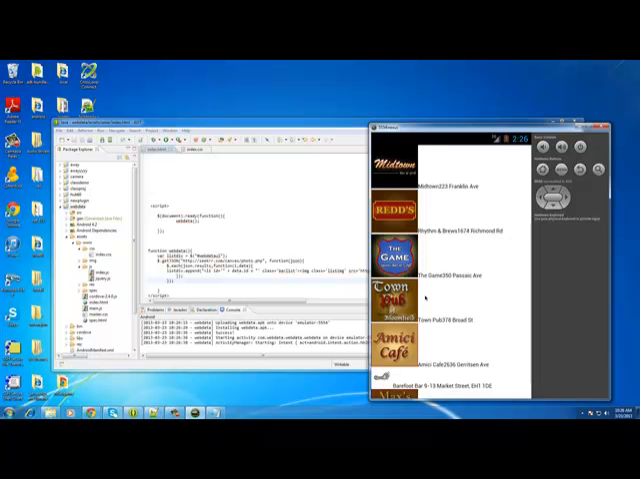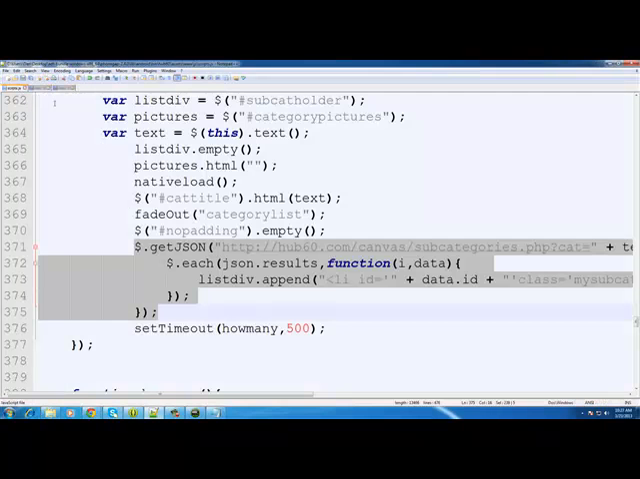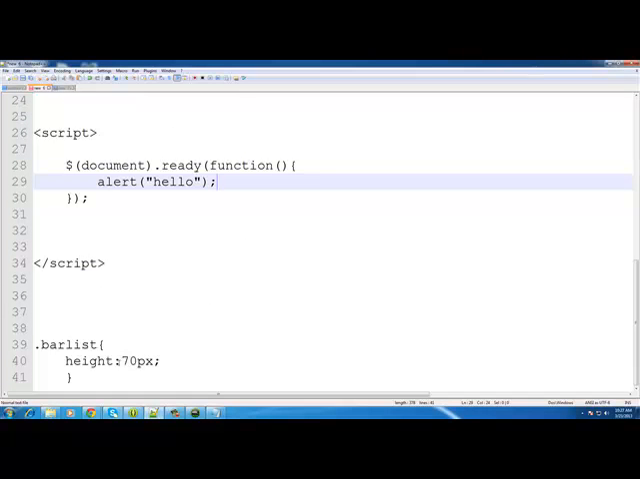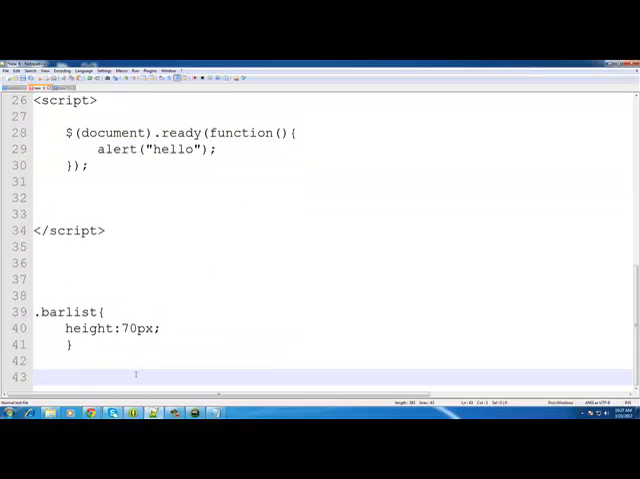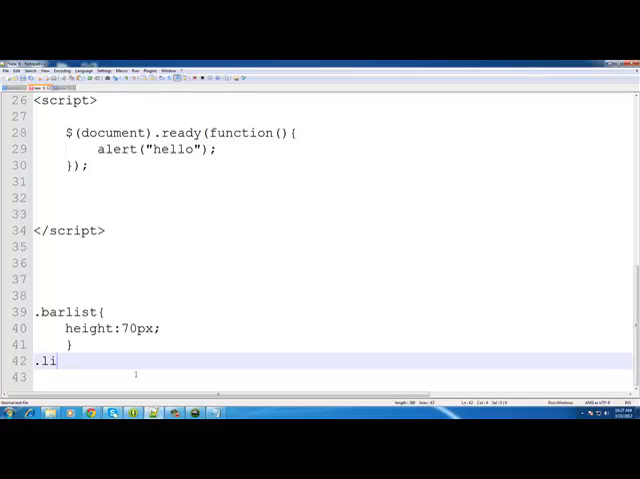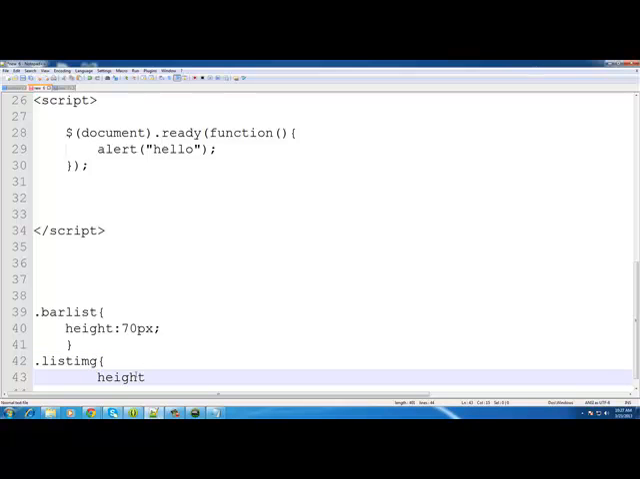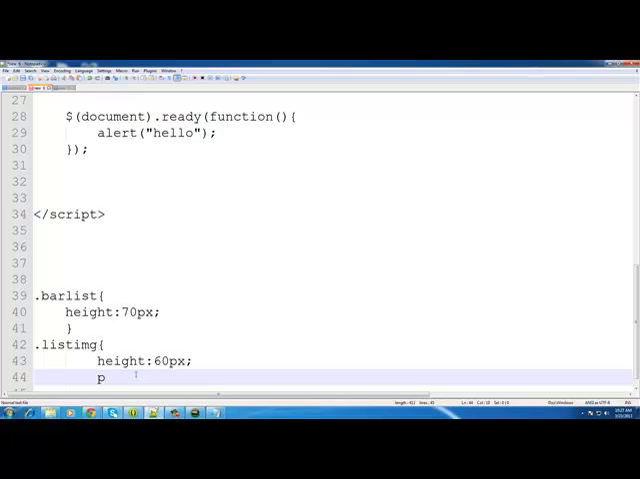Okay, and we have every image. Obviously these are way too big, but that's why we gave the image a class, so now we can style them. Okay, so let's go to our CSS, and now we have bar list and list image. We have our bar list with a height of 70 pixels, so .list image, we're going to have a height of 60 pixels, and we are going to say